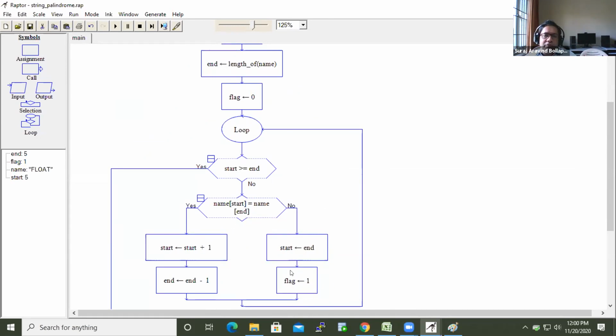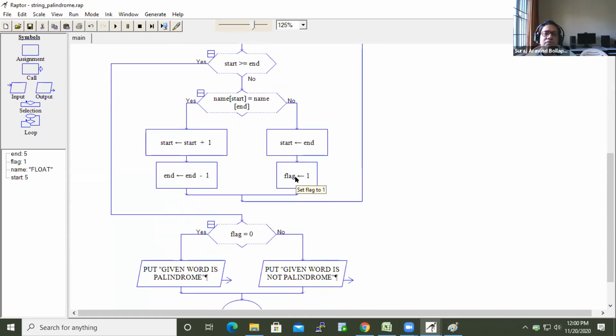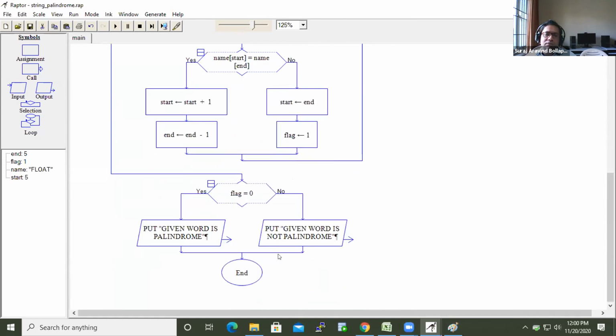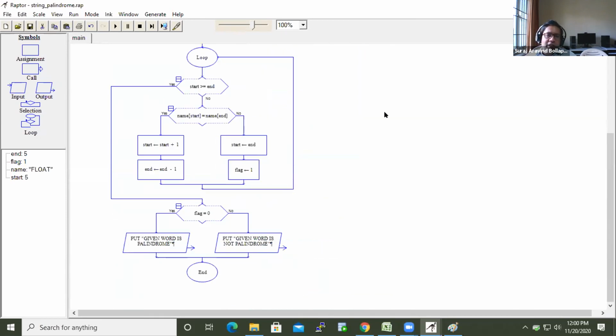So for that reason, we are putting one more variable. This is the only place where we are changing the value of flag. That case is when it is not a palindrome. So try to implement it.